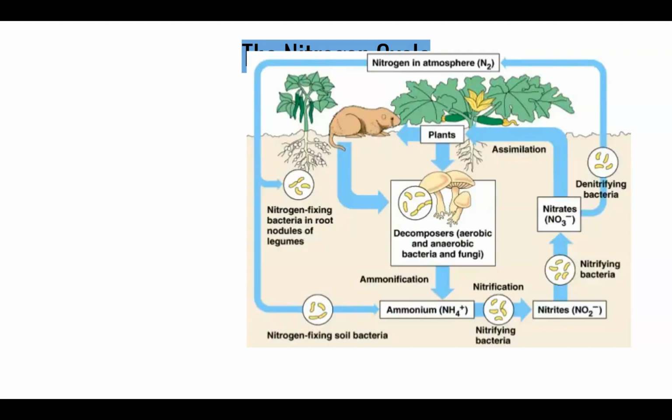These bacteria and the process of ammonification, which is just decomposing, making ammonia, increases the amount of ammonium in the soil. So we've got ammonium. Then we've got more of our fun little bacterias. We've got our nitrifying bacteria, carrying out the process of nitrification, which will turn our ammonium into nitrites and nitrates.